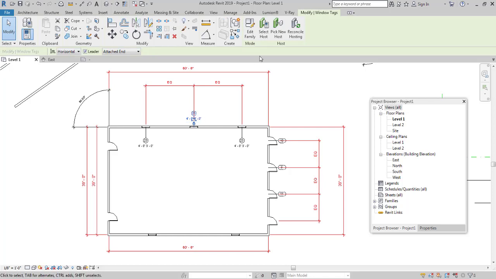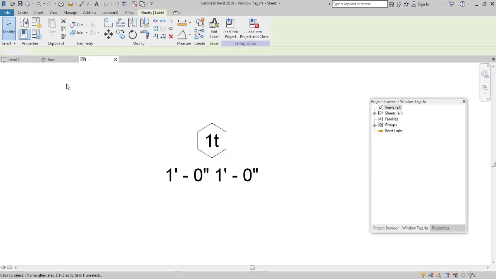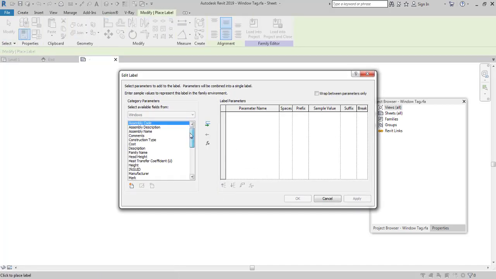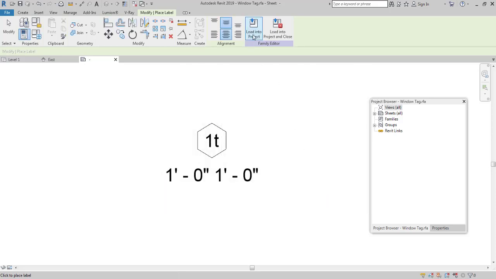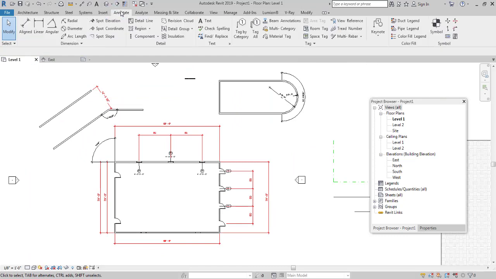If I were to go back to the edit family, click on edit family, we can add a bunch of labels such as assembly code, assembly description, assembly name, cost, construction type, and a whole bunch of other useful options over here as well. So click on cancel, load into project again, and go back to the editor tab.